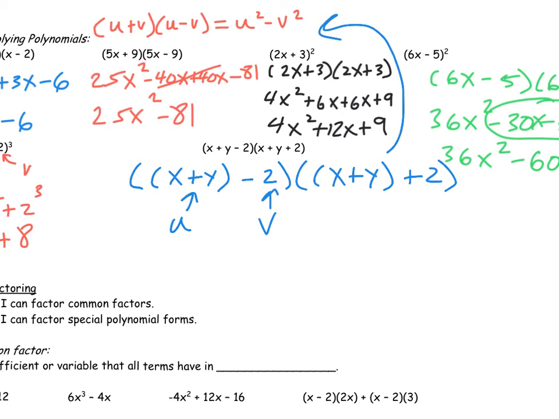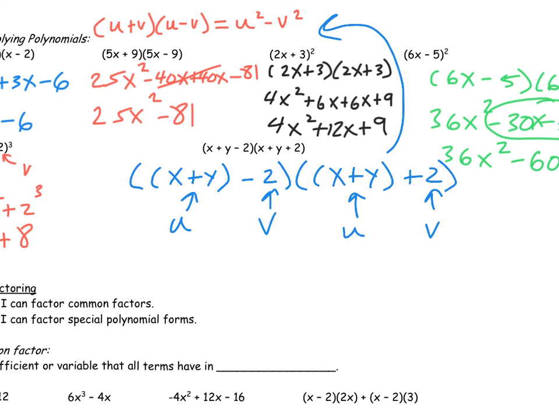Because this would be two polynomials with 3 terms. Again, you could treat it like a FOIL and distribute it. It just gets really long and turns really messy, and if you wanted to do that, it would be fine. But you recognize the special case, and you're like, all right, when I look at it this way, that's u, and that's v,